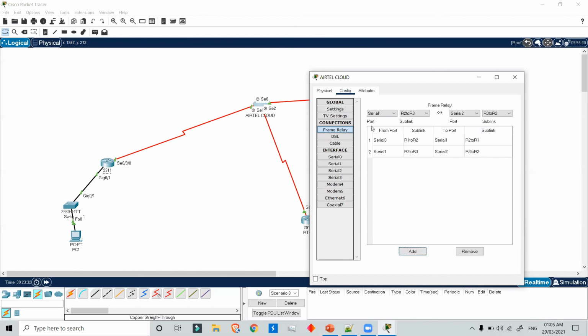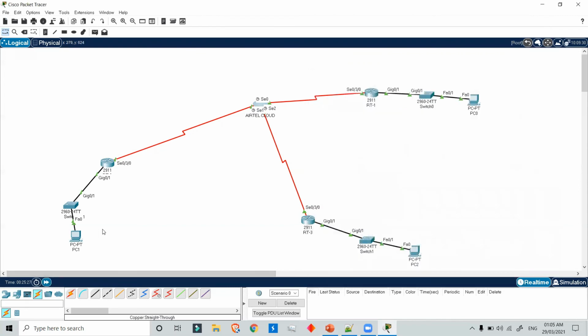Now similarly for serial 2, on serial 2 router 3 is connected, which is R3 to R1, and it would be connected to router 1, which is currently on serial 0, and R1 to R3. Add. So now we have implemented the frame relay into the cloud.